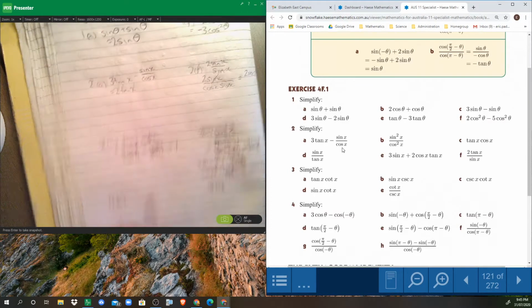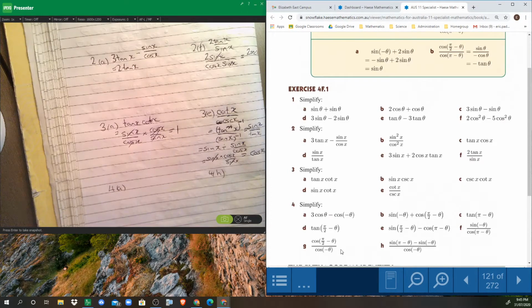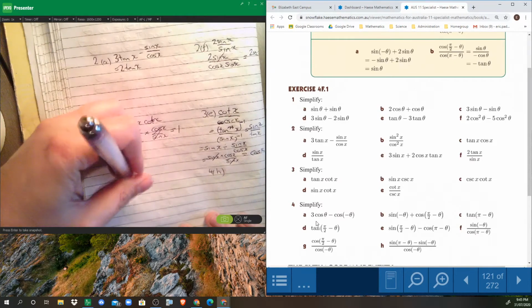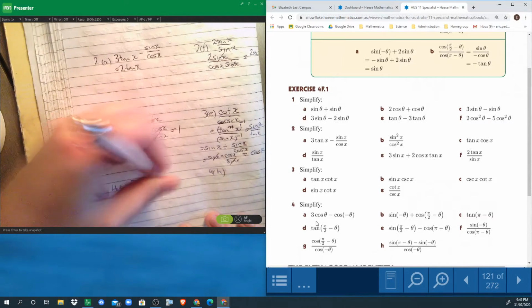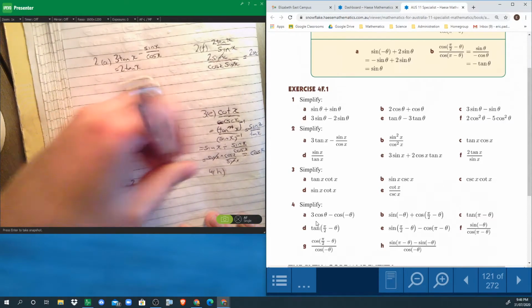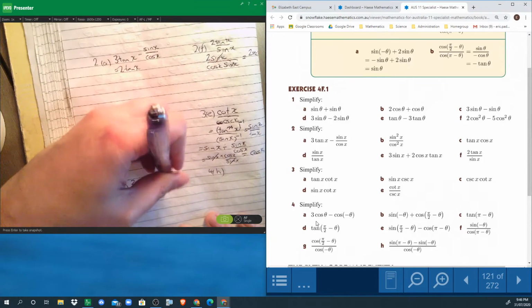Okay. All right. Now we're going to start using the rules. So we can see the first one here, 3 cosine x minus cosine